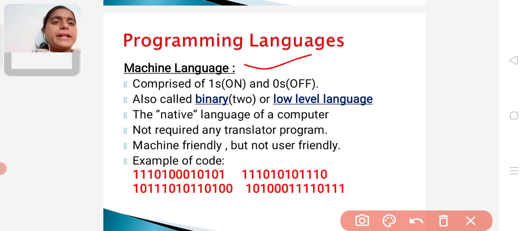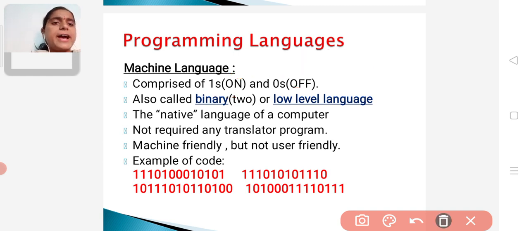So, this machine language contains ones and zeros. This 1 is called as on condition and this 0 is called as off condition.